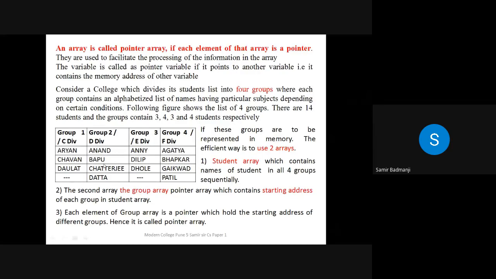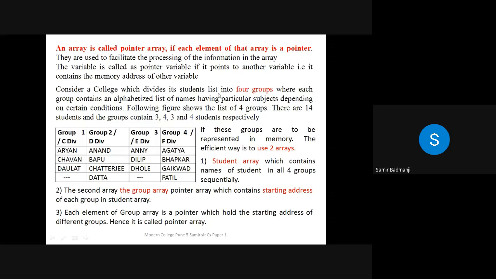Similarly, suppose D division is there, then the criterion is that if the Marathi subject is there, those students will be in D division along with PCMB. Similarly for E, if the Hindi subject is there along with PCMB, then that student will go in E division. Now suppose F division is there, in this German, Sanskrit or IT subject is there along with PCMB. So like this, the college has done 4 different classifications: C division, D division, E division and F division for science. Similarly for commerce and arts.